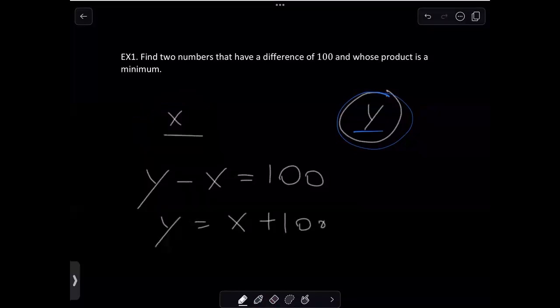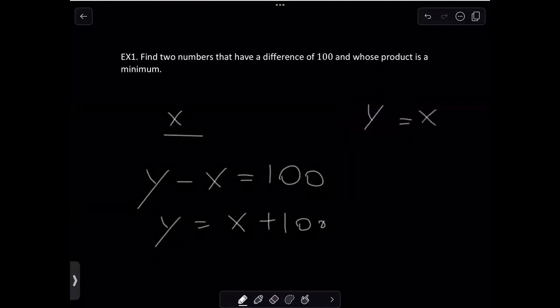So this is what I can do. I'm going to pick a number x, and then once I pick that x, I'll already have the y, and that's going to be x plus 100, my second number. So my second number that I choose is going to be x plus 100. Let's check if this works and makes sense. Let's say x is 20. That means my second number that I pick has